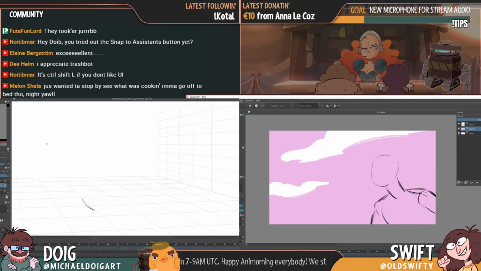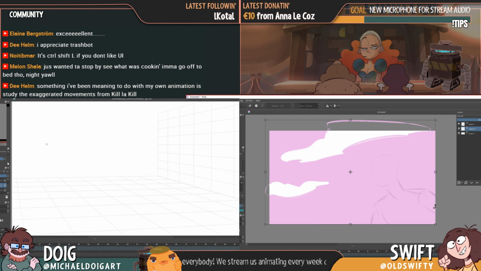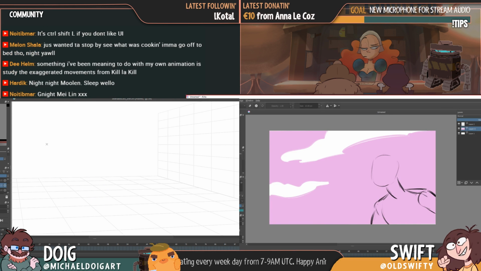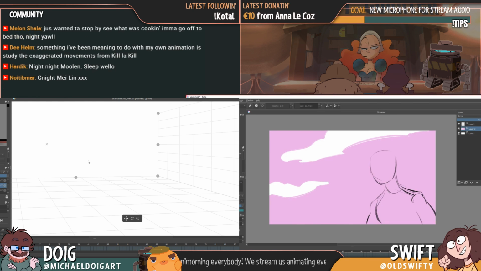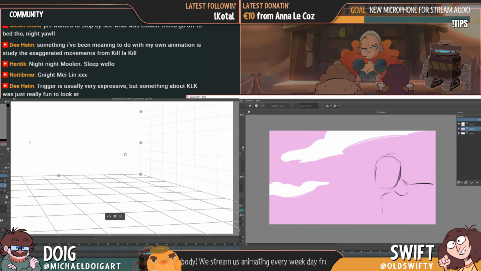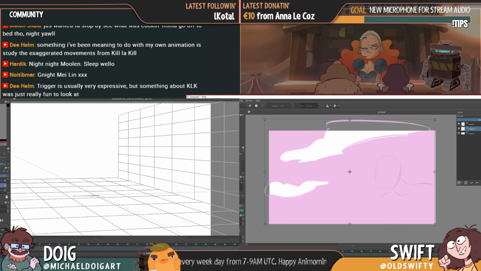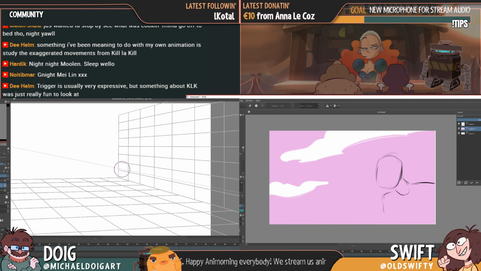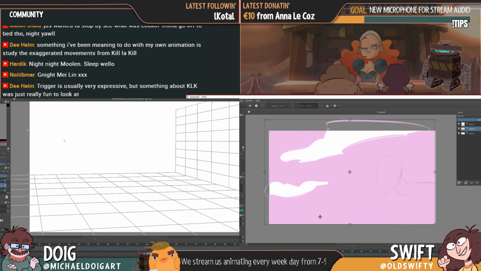Snap to assistance. Does it only work if the assistants are visible? Because that might be throwing me for a loop. Yeah, there we go. Cool. So let's say on this frame,